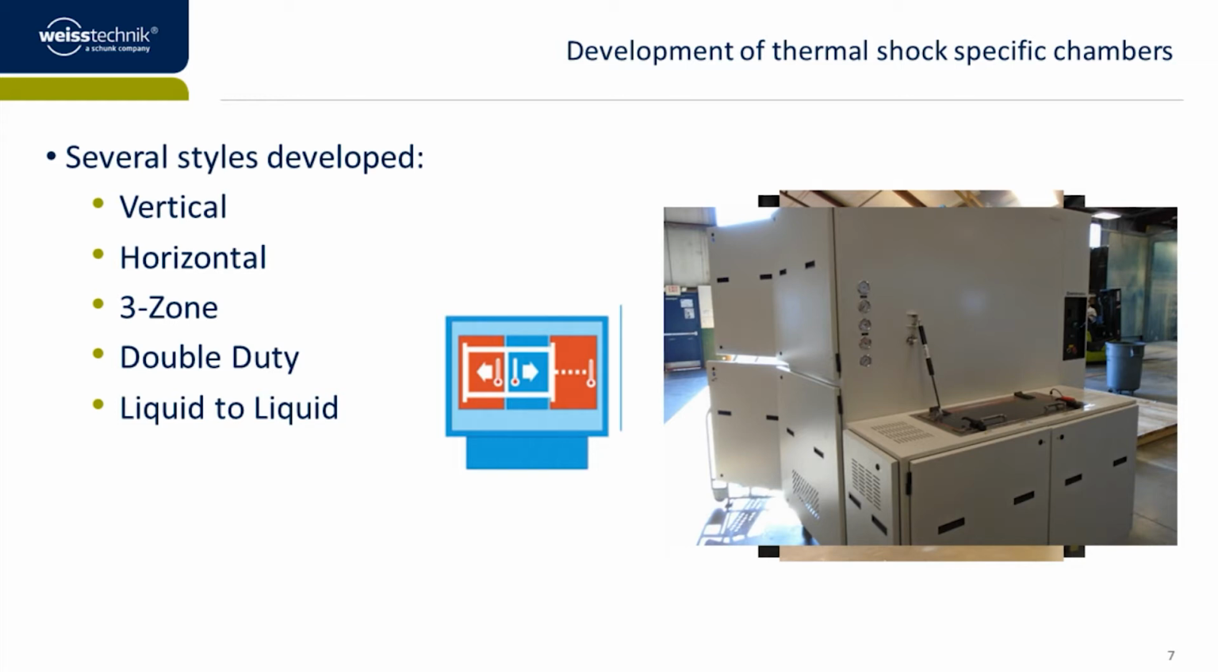The first is a vertical style, and the picture you see is just from our shipping dock. And this transition is from air to air. So the red upper hot zone is hot air, and the blue colder lower zone is cold air. And we have a basket that products can be placed in, and it transitions from zone to zone at set